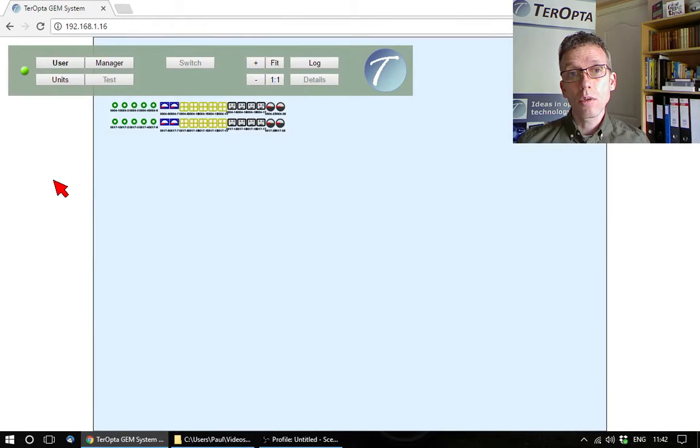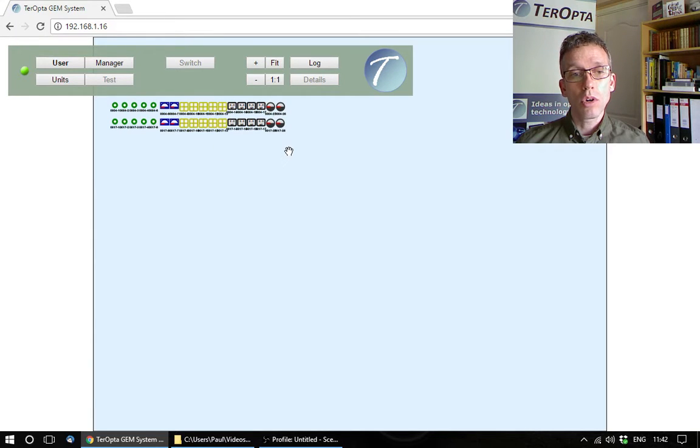So we've logged into the GUI. Let's have a quick look at how to move around inside it. We have here the control panel with a number of buttons on it which vary according to what features are in play at the time and what mode you're in. But the control panel always sits at this top left hand side,